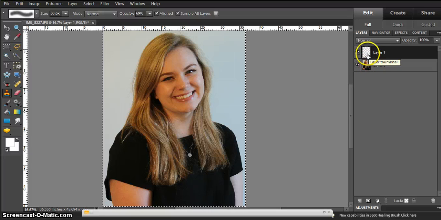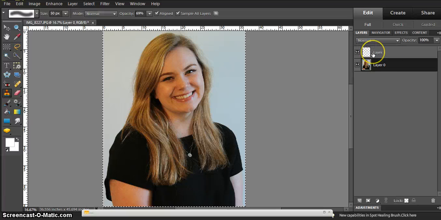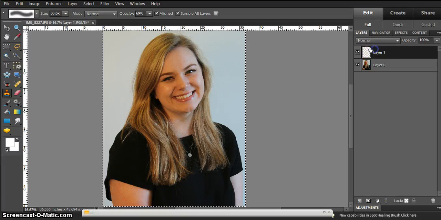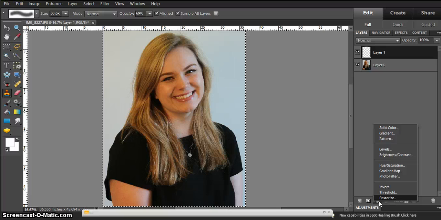The other thing about layers is, like any program where you say send to front, send to back, that's what dragging these between each other does. So if you drag the original picture onto the top, it'll basically cover up all the blemish changes that you just did. So you want the blemish layer to be on top. Then you click on the top layer, and then go down to this black and white circle icon, and